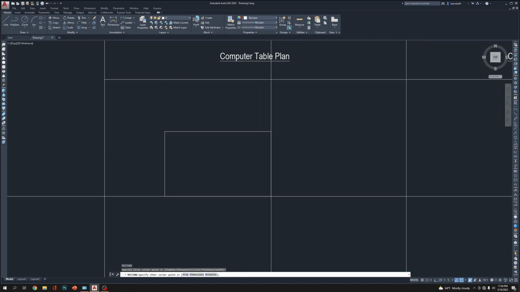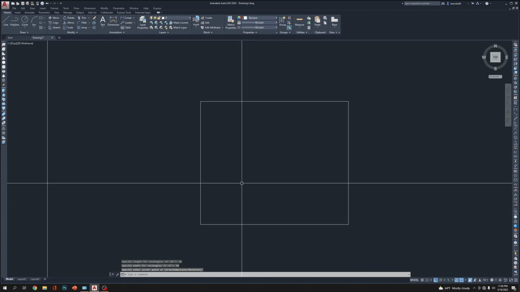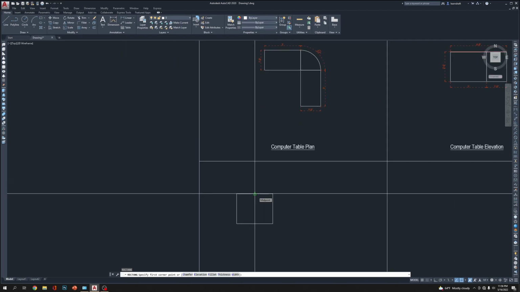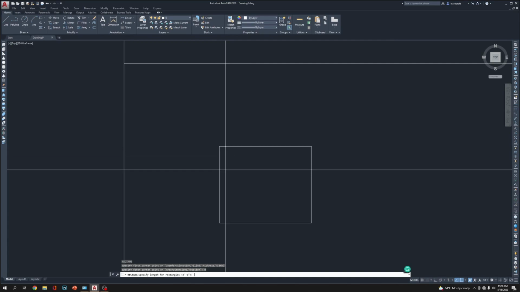Rectangle, D, gonna be 36, enter, 30, enter, click. Now I'm going to draw this section, so you can see this metal here, D, enter, going to be 0.5 by 30,